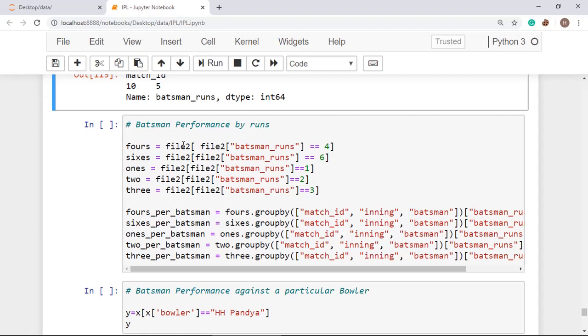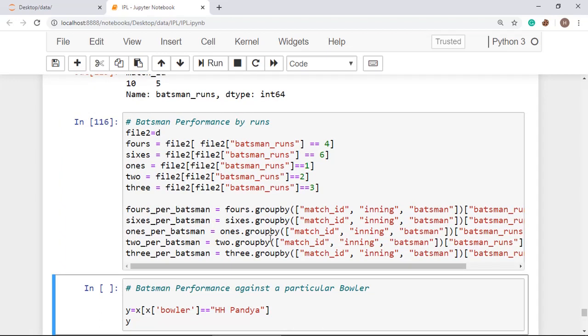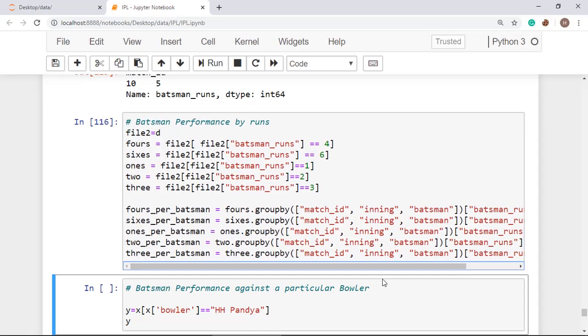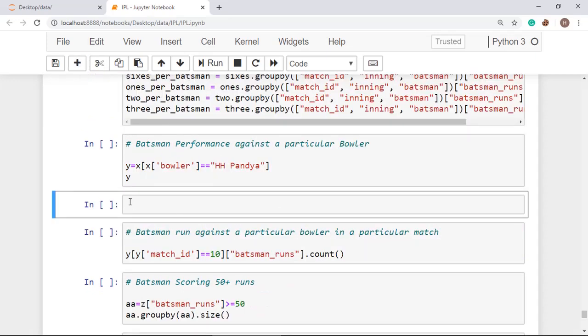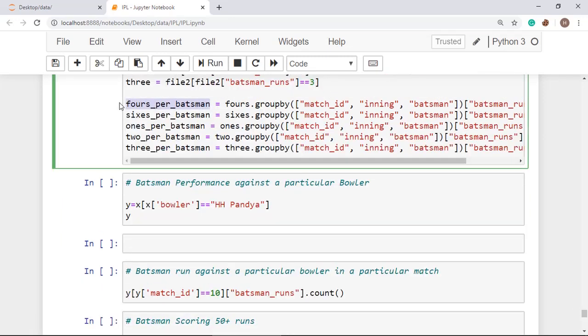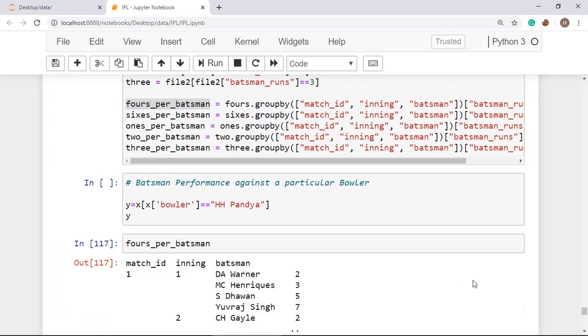So what are we doing here? You just have to replace file 2 with D, or you can keep it as file 2 and write file 2 is equal to D, and when we run this cell, we are going to get all the values whenever we fetch them. So if you need how many fours Yuvraj Singh has played, you can see